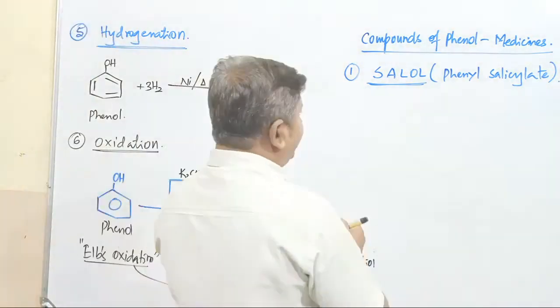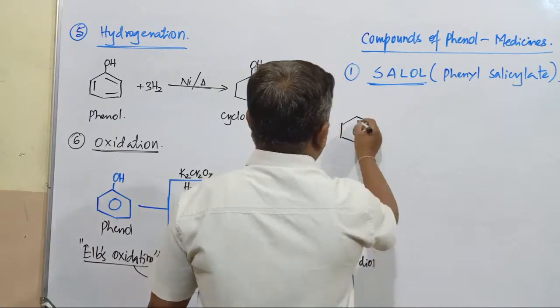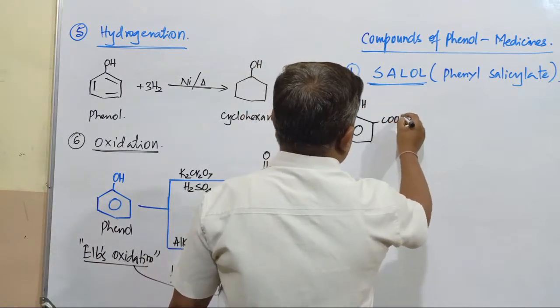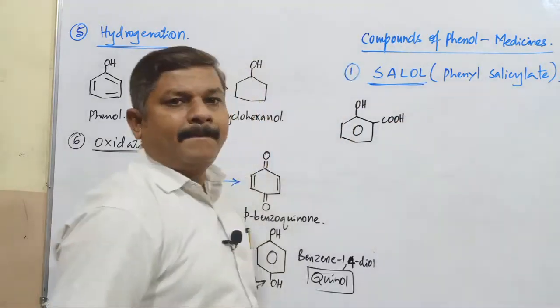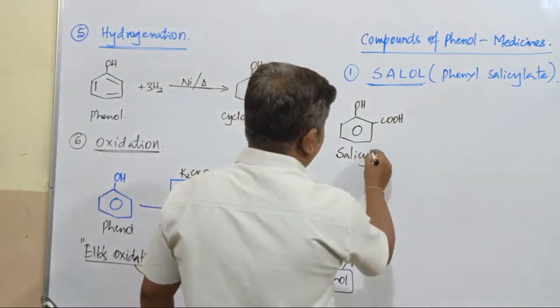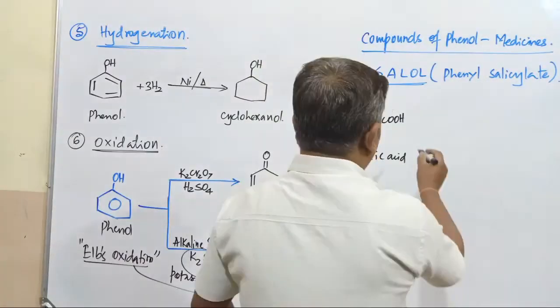So this compound can be obtained when, OH, this is COOH. What is the name of this compound? It is known as salicylic acid. When salicylic acid is treated with